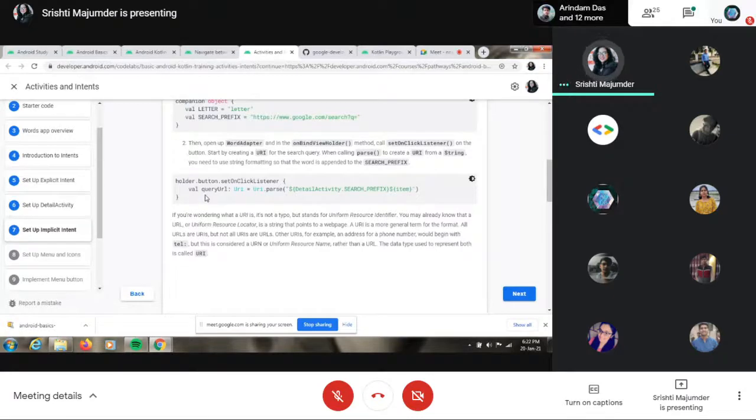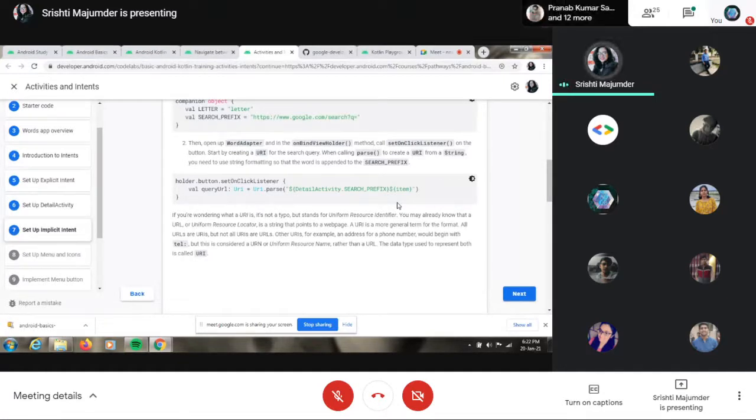The variable queryUri. Now this is a variable you are declaring, but it has to be of type Uri. So what is this Uri? It is nothing but a uniform resource identifier, basically a type of text which is a kind of URL, but we are using it as a string.